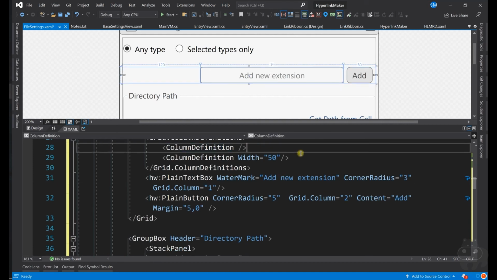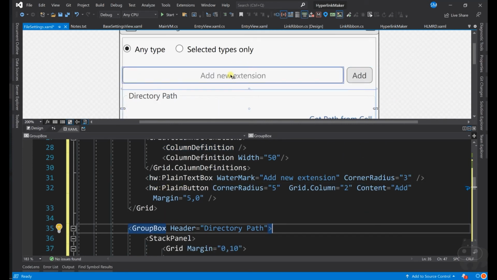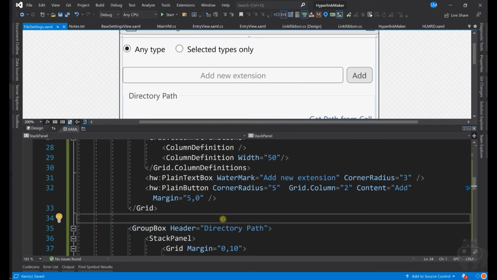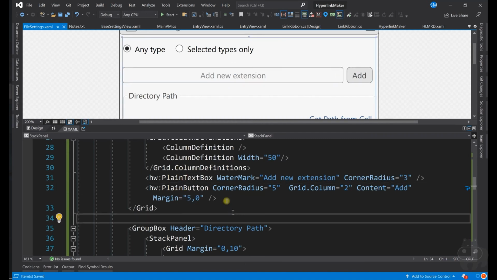So let's keep it simple. So then it becomes like this. So there you go, add new extension, and you press add, or when you press enter here, it should add whatever it is. We will come back there. So plain text works, plain button is there, and both are done now.